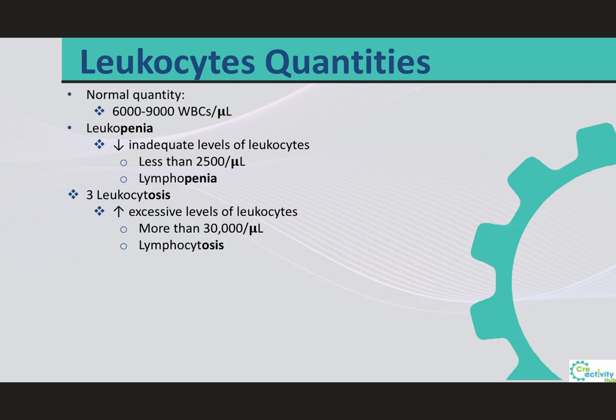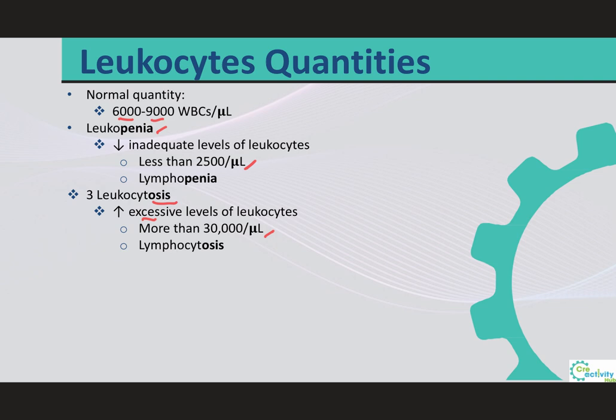Here we're still covering all the leukocytes, and a typical microliter of blood will contain between 6,000 and 9,000 white blood cells. The term leukopenia indicates that there is an inadequate number of leukocytes. A count that's less than 2,500 per microliter will usually indicate a serious disorder. On the other hand, leukocytosis refers to an excessive number of leukocytes. A count of more than 30,000 white blood cells per microliter will usually also indicate that there is a serious